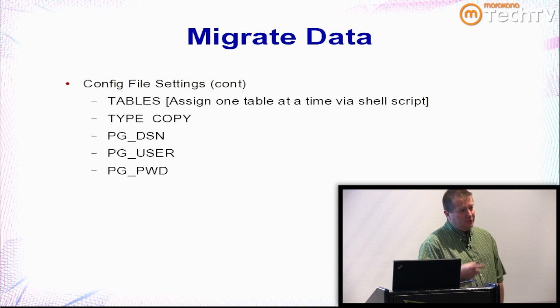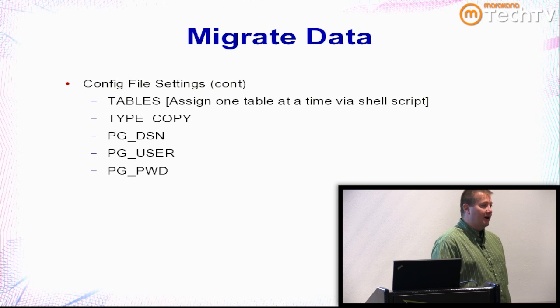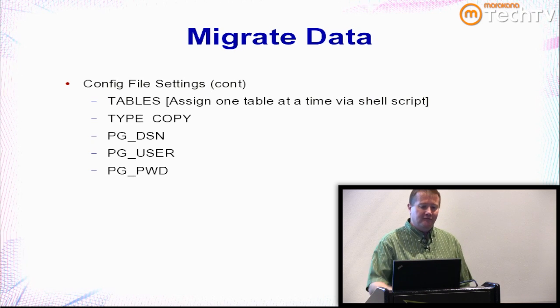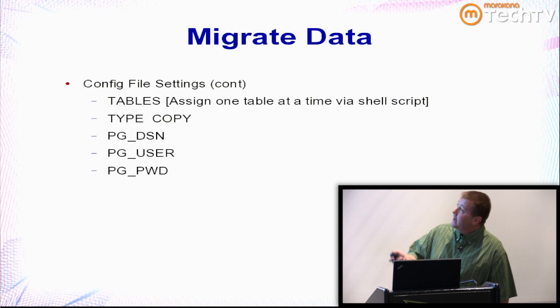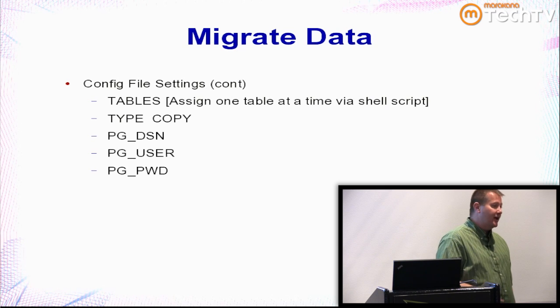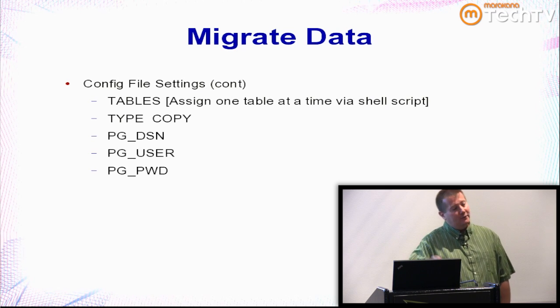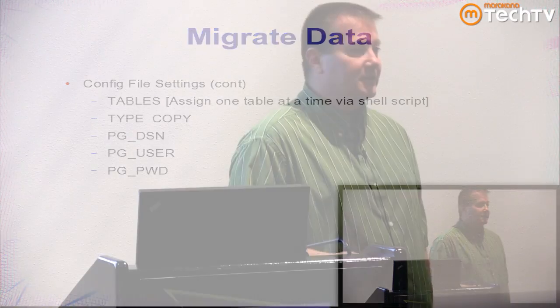What the script would do is it would walk through the tab list file, and it would effectively on the fly plug the tables variable with the table name one at a time, and then it would execute ora2pg for us. And in this case, we effectively got to do the copy memory to memory. We didn't have to dump the data to disk, but at the same time, we're minimizing our use of memory, if you will, and we found that by doing one table at a time in this way, we didn't run